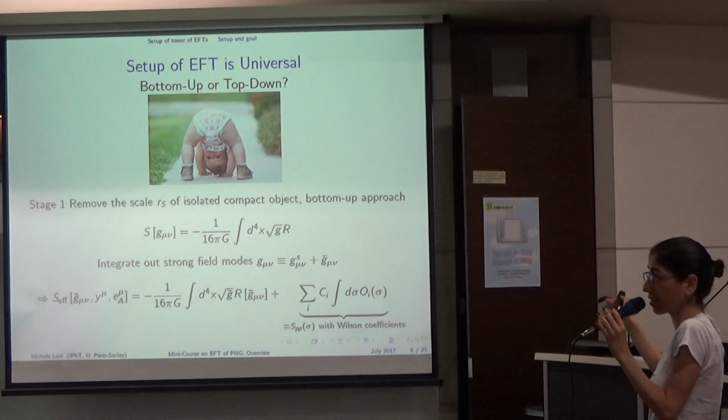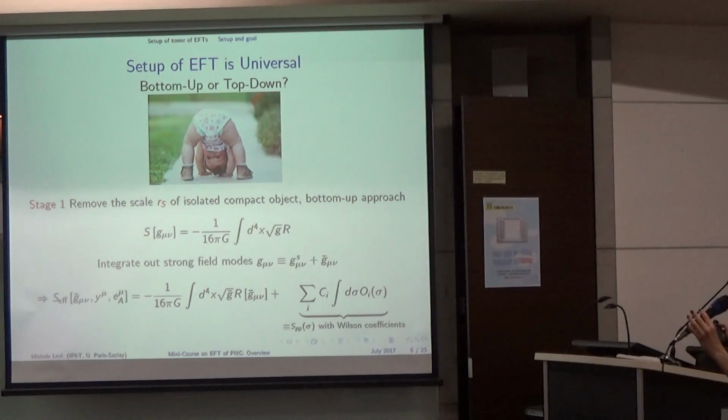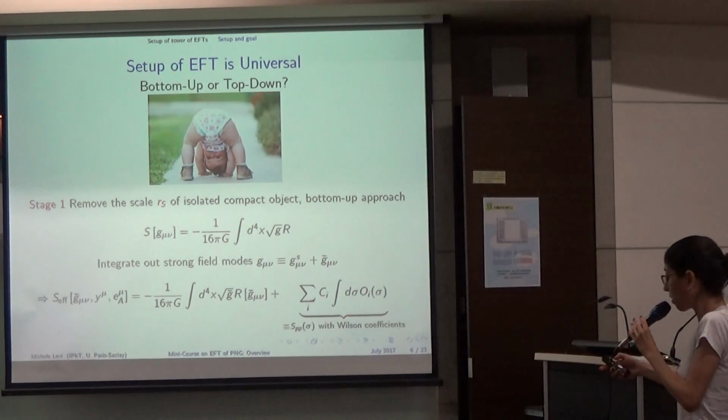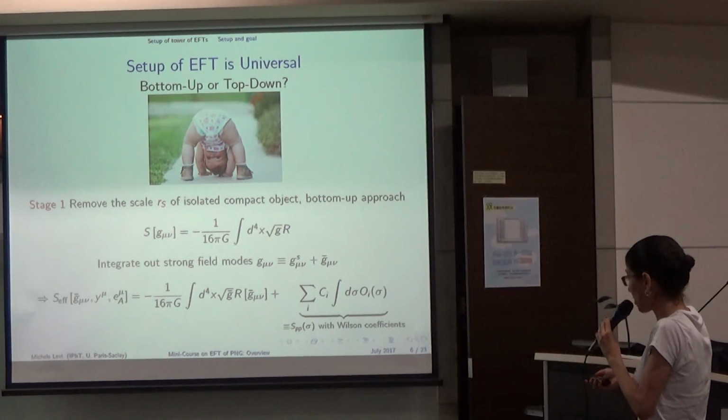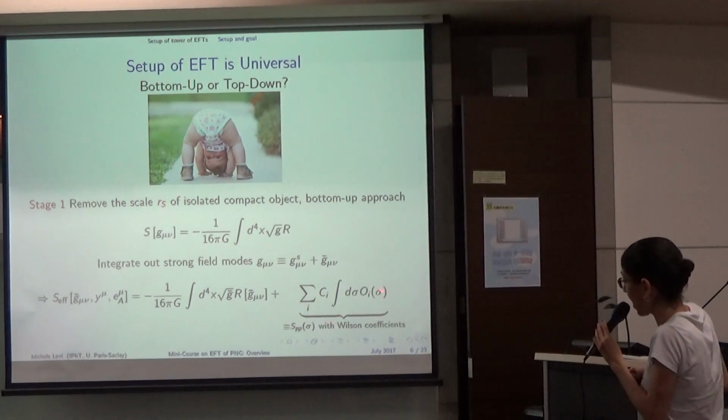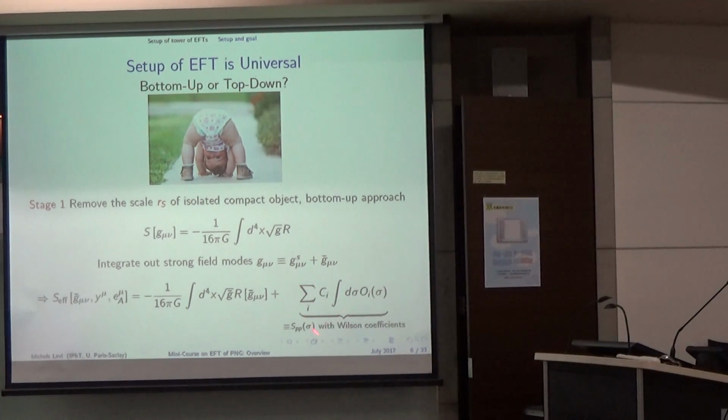Afterwards, it's just technical. Once you decide what are the correct symmetries and what are the correct degrees of freedom, you just couple them in every possible way, and every way which is allowed by the symmetries would appear here in the infinite set of operators that would supplement the action. Okay, in this case, we would supplement the action by worldline operators, namely those which are located on the worldline, because what we would identify is that